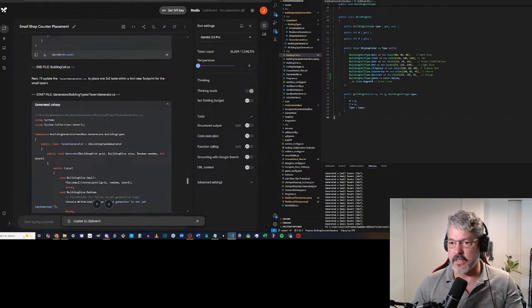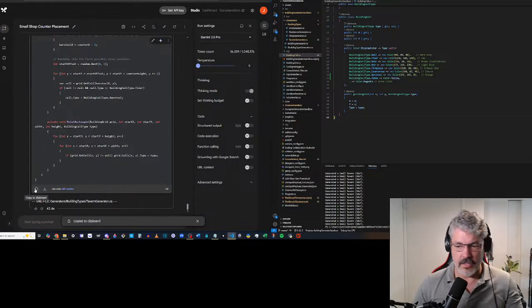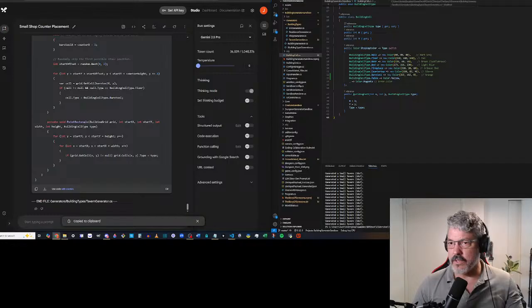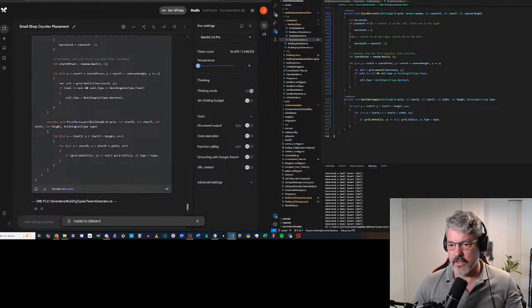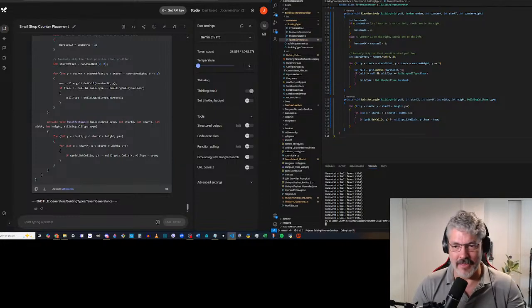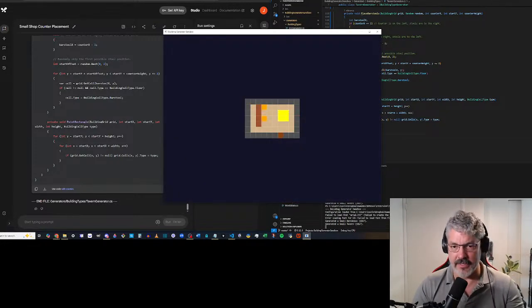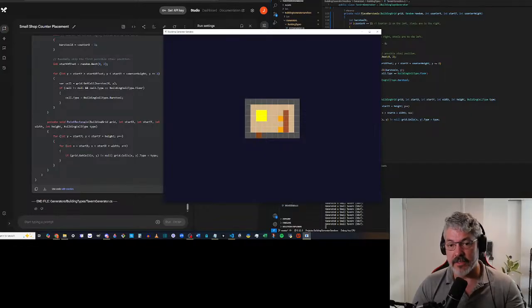Okay, update building cell, and then update tavern generator. Okay. And then this is really all that I plan on placing in the tavern. Look at that. Beautiful. Yep. Sometimes it's up in the corner, and sometimes it's a little further down. Beautiful. That's exactly what I was hoping for, that there'd be some amount of variation. And there's your simple little tavern.